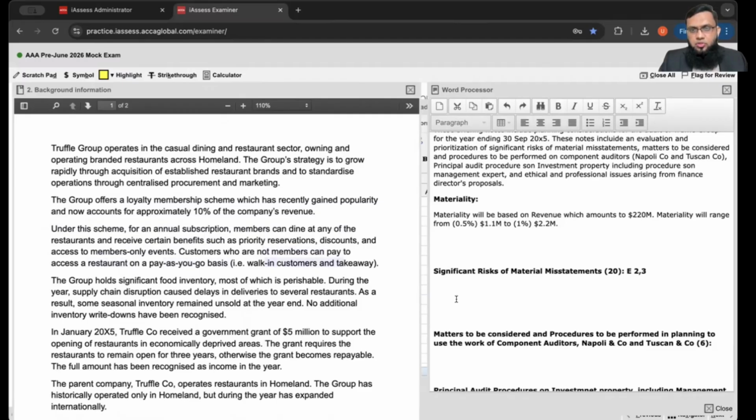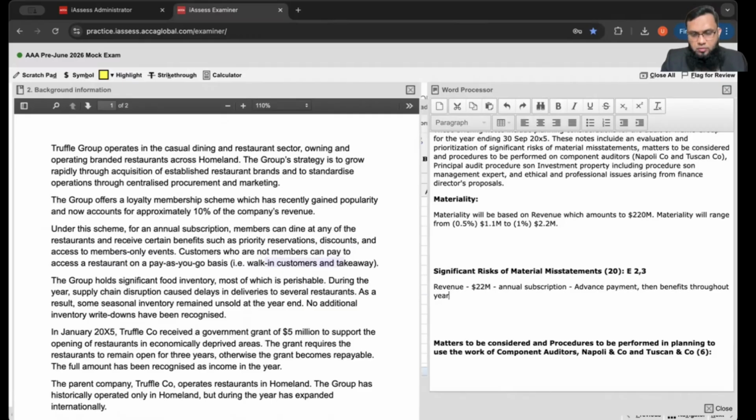takeaway. So this is, for me, a ROM, because revenue, it's 10% of 220 million, which will be around 22 million, which is highly material, and the other aspect is that this is based on annual subscription. Annual subscription means that there might be an advance payment and then services or benefits throughout the year, which is pointing towards performance obligation over a period of time. And the risk is that they might have recorded all as revenue at start. So this is one big problem